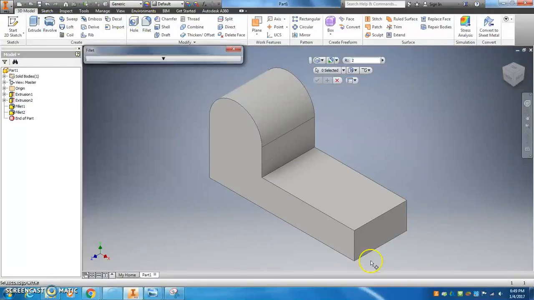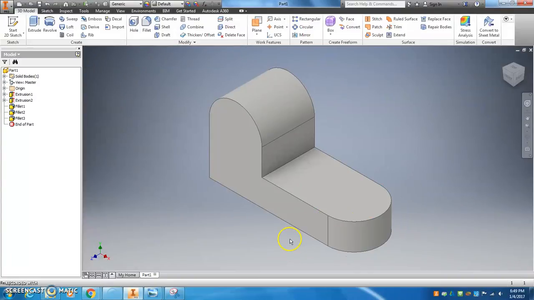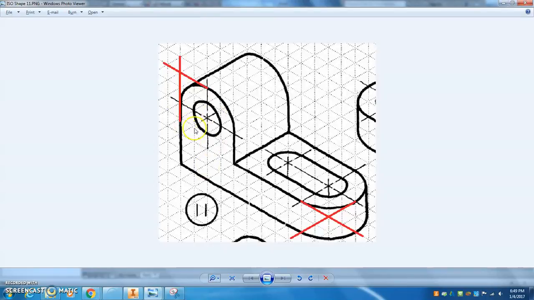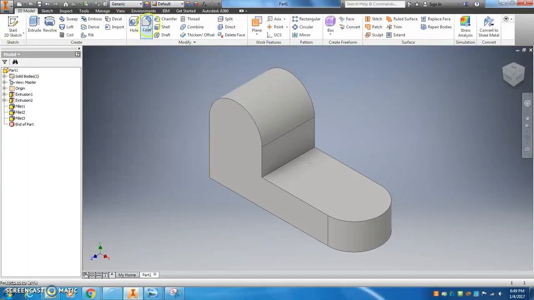So again, I'm going to do fillet. I'm going to click on this edge and I'm going to click on this edge in the same step because it's the same radius, and click OK. So now we're again getting closer to our final object shape. And next we're going to do this cutout, this hole that goes all the way through. And this circle has a radius of 1. So if I count from the center out to any point on this circle, it's going to have a radius of 1. So I'm going to first draw on this front face a